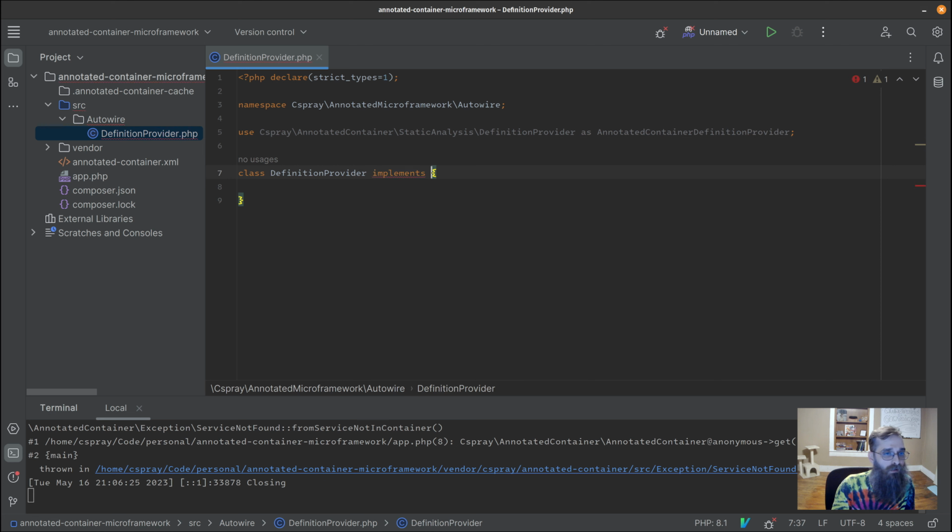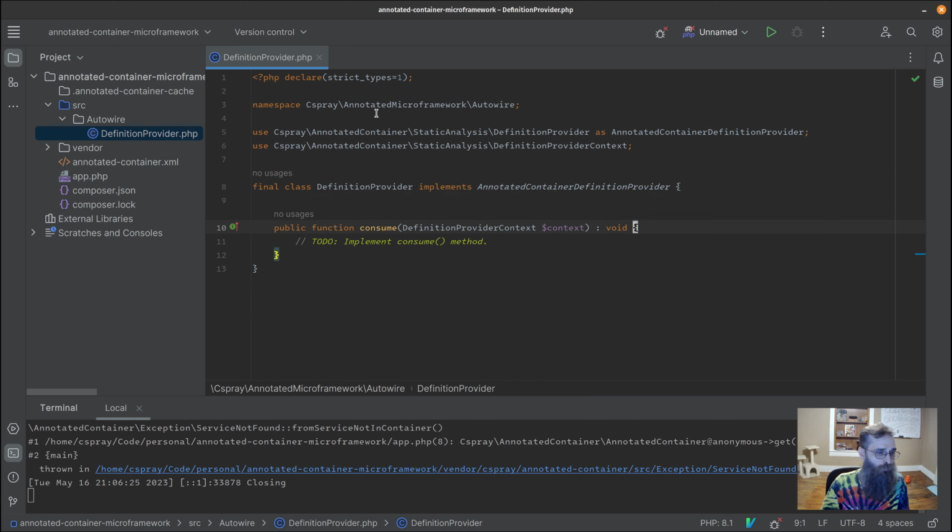So then that implements the Annotated Container definition provider, and that interface has one method on it called consume, and it's going to take a definition provider context object. All of the functions that we're going to call require this object. All of the functional API requires this object. And this object just keeps track of all of the container definitions that would get created